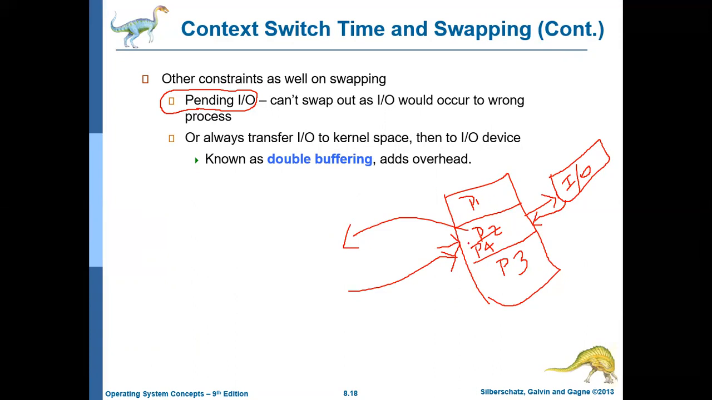So how do we avoid this kind of thing? There are two ways to avoid this. The first method is never to swap a process that is performing an I/O operation or that is waiting for an I/O operation. The second method is transfer